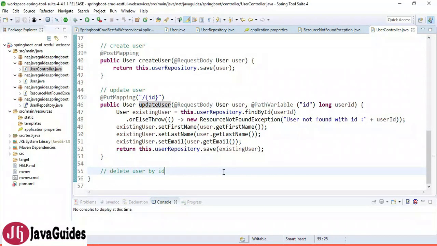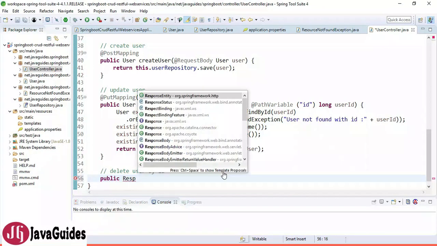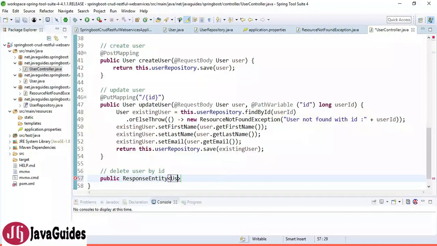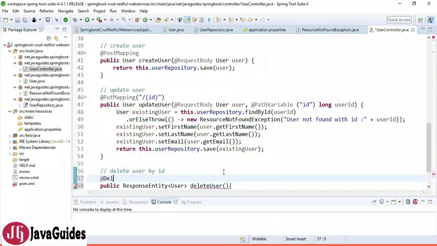It's pretty simple. Again, what we need to do is create a method here, public ResponseEntity, and pass type as User, and I'm going to call this method name delete user. Okay, and let's annotate this method with the @DeleteMapping annotation.